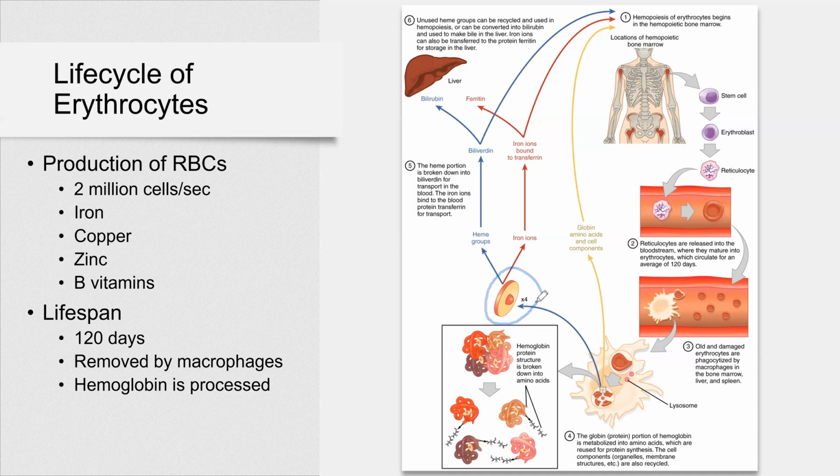Now, iron will be removed from the heme group, and let's see what happens with iron. Iron cannot enter your blood. It's pretty toxic. That's why iron will be bound to a special protein called transferrin. And this protein can easily carry this iron back to your bone marrow, and you start this hematopoiesis